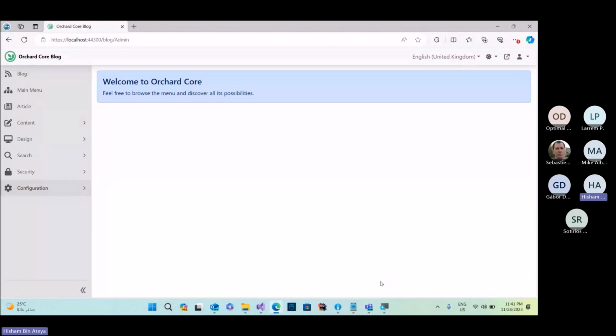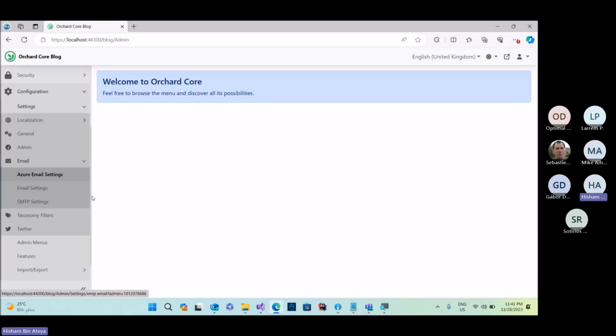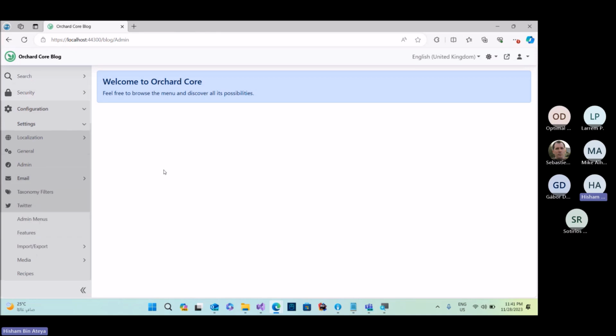Yeah. Okay, cool. Basically, my demo is about the Azure email module. Previously, we already had the SMTP implementation for the email module.